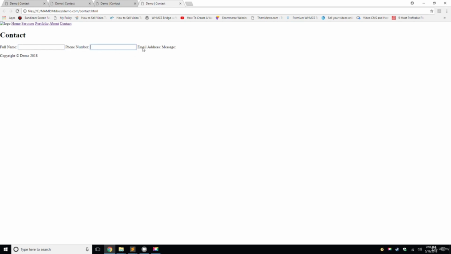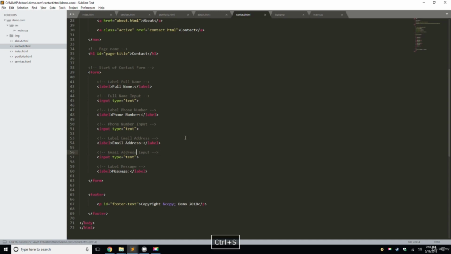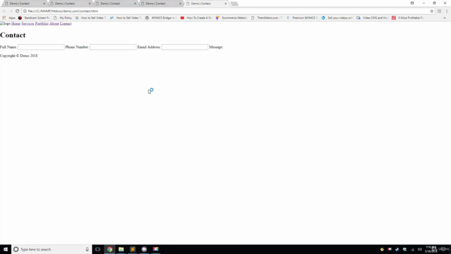We're going to do the same with email address, and then we're going to change it. Let's go to email address, return twice. So we're going to do email address input. Open in the browser, so we got full name, phone number, email address. And if we go back